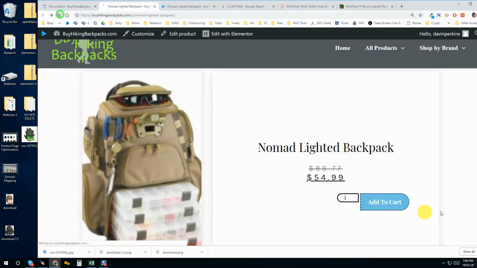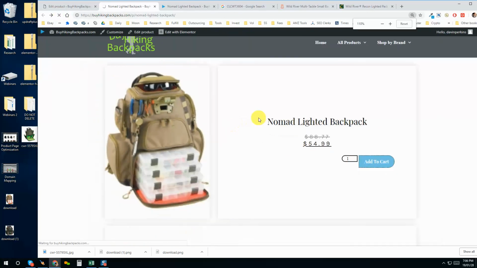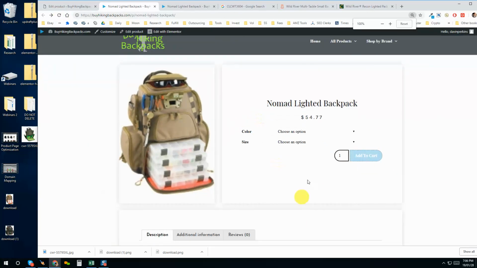we can refresh this page. It will come back to being normal. And let me make this a normal size page again. Now we see it says $54.77, and it doesn't give us a range because there aren't multiple prices in here. So now we can select that we want a black, large, or we can select that we want a tan,